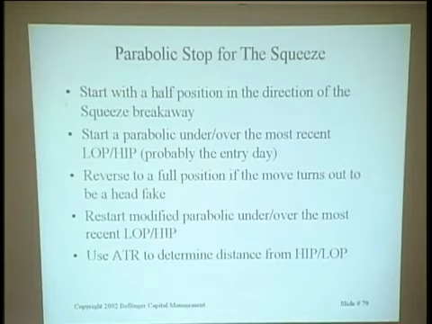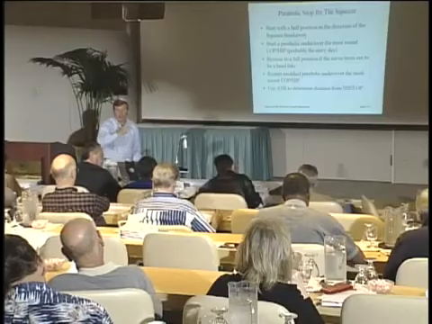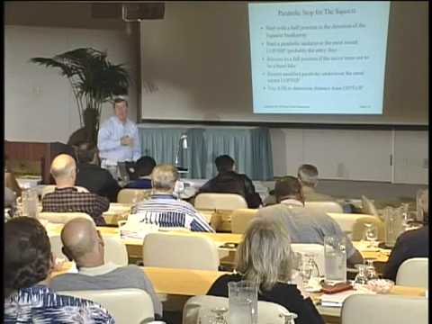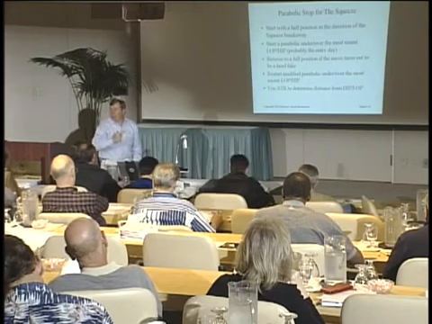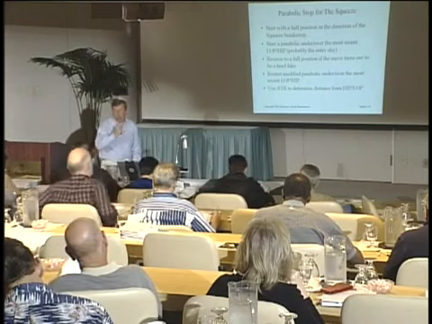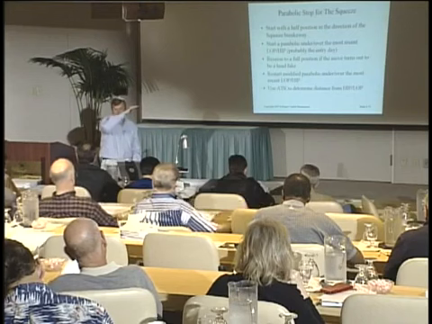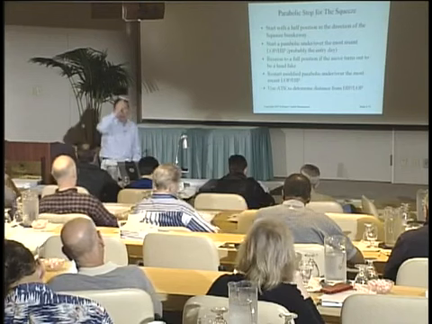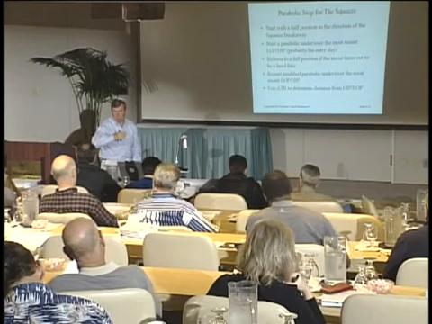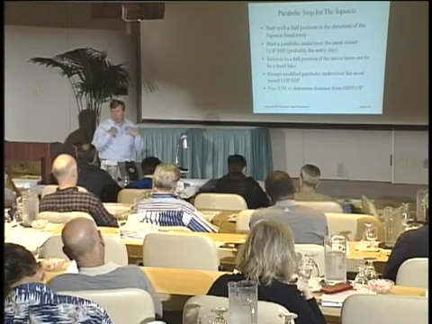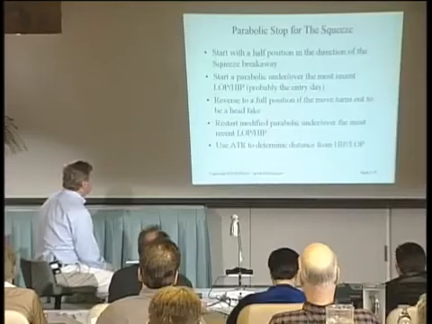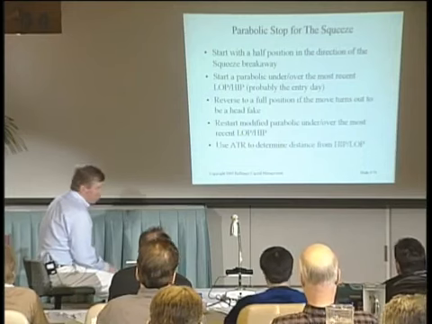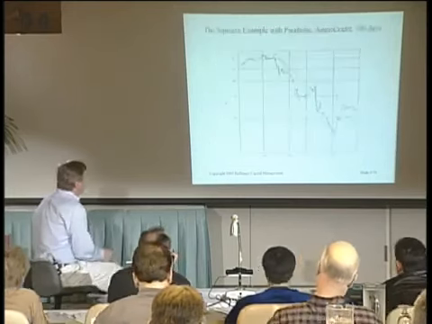This is the one exception where we will reverse, right? Because our decision system told us to reverse. We're going to reverse the stop. We're not using the stop to reverse us. We're using the decision system to reverse. We said if we get a squeeze and we short it, if we scream back into the bands, we're going to reverse. Right? So that's our decision system reversing us, and we are using the stop to keep us out of trouble. Use average true range to determine the distance from the hip or lop. And here you go.